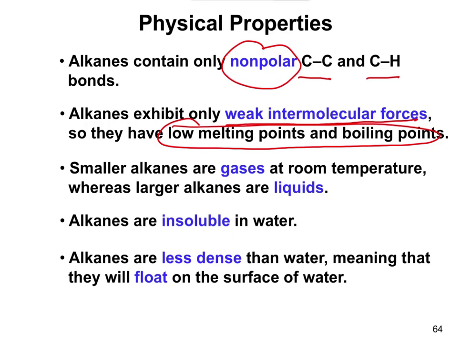If you think of a butane lighter, that usually has some liquid in there, whereas propane, like a gas tank that you would use for a grill or something like that, is actually gas. Alkanes are going to be insoluble in water. Remember, like dissolves like. Water is polar, these are nonpolar, so they're not compatible. So alkanes are going to be insoluble in water. And they're also less dense than water, meaning if you put the two together, not only will they not mix, but the alkanes will float on top of the water. The water is going to be more dense and go to the bottom.